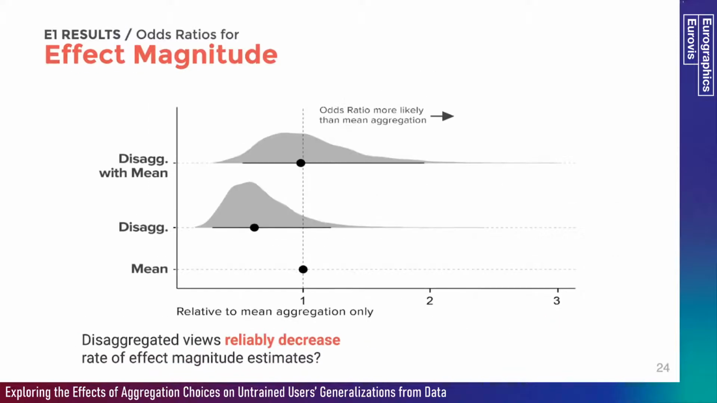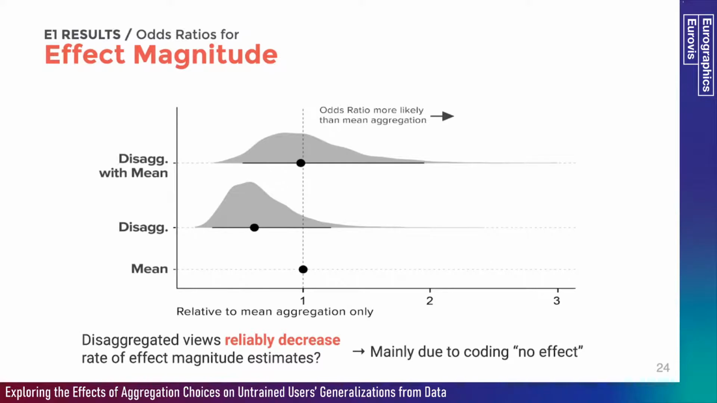We also looked at how likely participants were to mention effect magnitude in the generalization. We noted that disaggregated views were reliably less likely to refer to effect magnitude, but this was weird to us. You would think that with more information about a distribution, a viewer would be more sensitive to effect size, not less. And we realized that the way we're coding effect magnitude might be to blame. For example, when a viewer gave a generalization like "no noticeable difference of purchases between regions," we would count that as an effect magnitude because it technically sounds like they're saying an effect size of 0, but we realized that